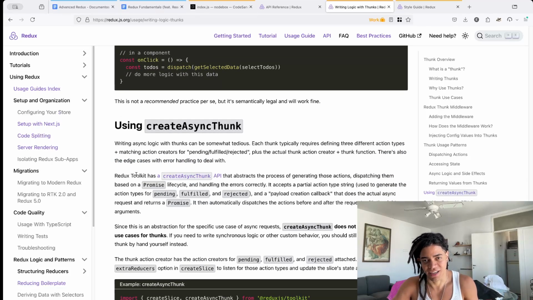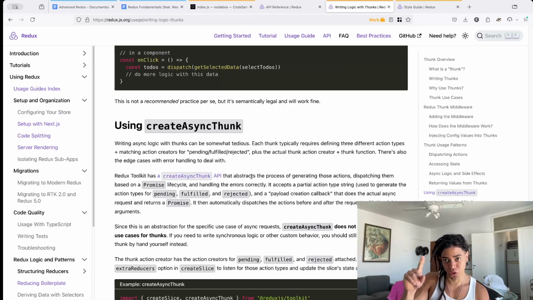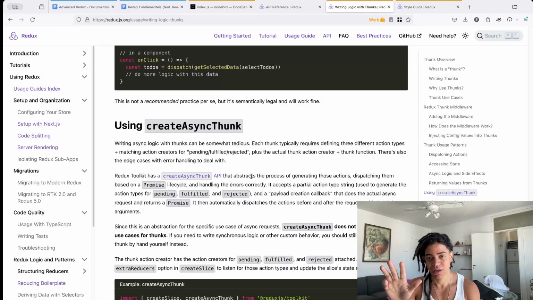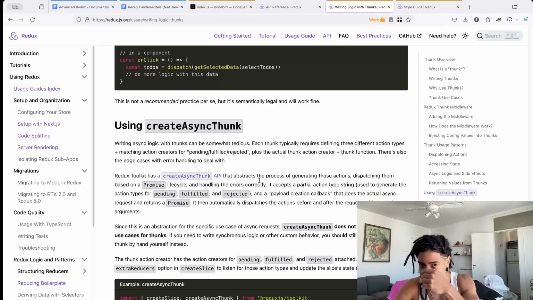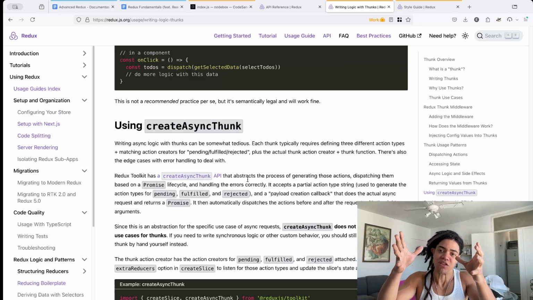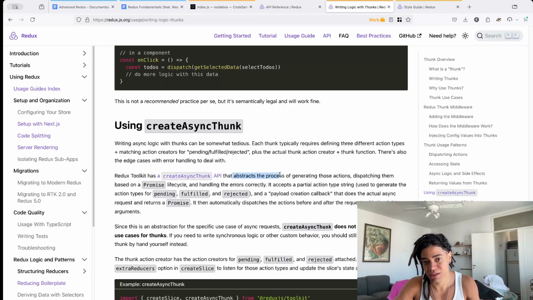So Redux Toolkit, this particular middleware, now has this thing called the createAsyncThunk API that abstracts the process of generating those actions, for those 3 actions when doing these async operations, as well as the actual action, all right? And then the thunk function is, hey, this is what I want you to trigger once you get that data available. That abstracts the process. That's because software engineers live in a world of abstractions, that's what we need to understand. How do we get here? Holy crap. That abstracts the process of generating those actions and dispatching them based on a promise lifecycle,